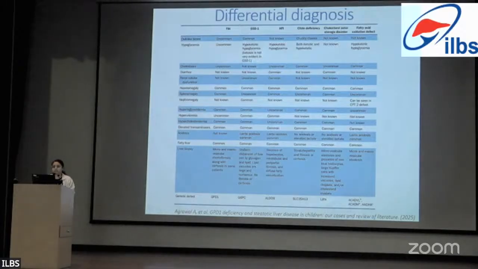Splenomegaly? Yes, sir. GSD1 will usually not have splenomegaly. Simple large liver? Yes, sir. Only soft, large liver will be there. And triglycerides may be elevated, sir. No, in the hypertriglyceridemia type, they have been reported to have splenomegaly. In the SGPGI series as well, 4 out of 5 patients had splenomegaly.